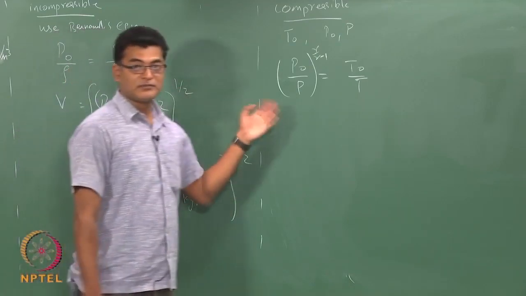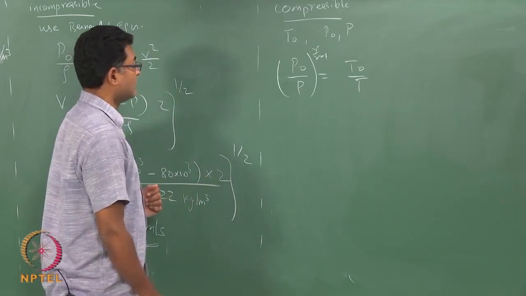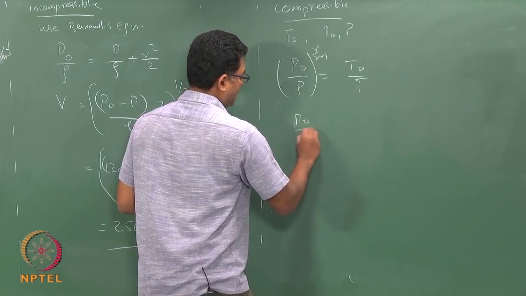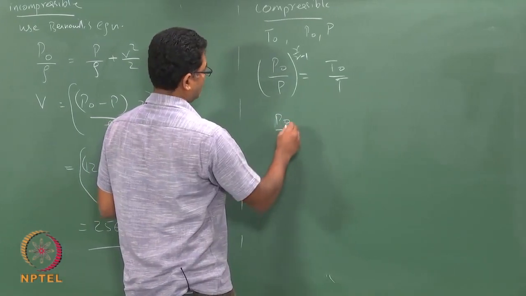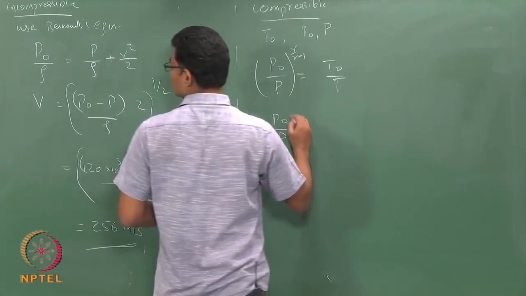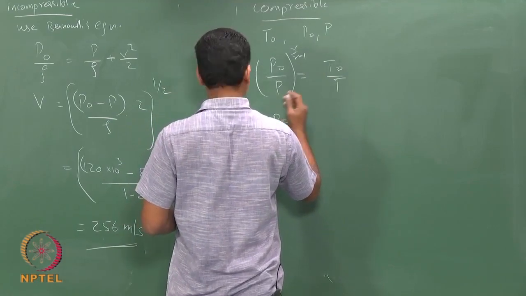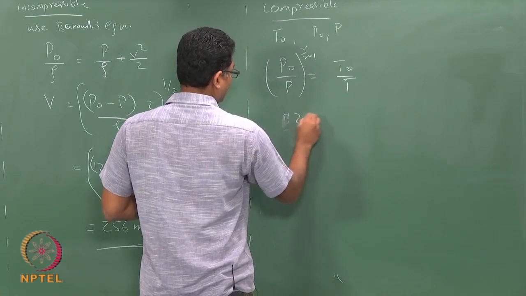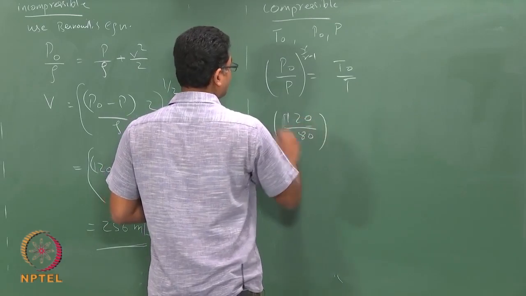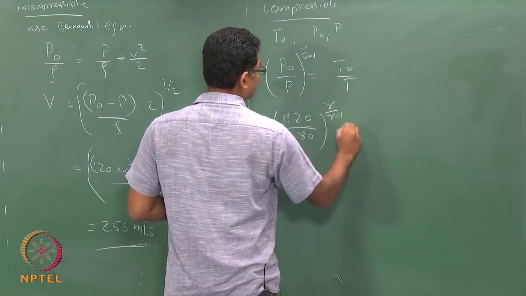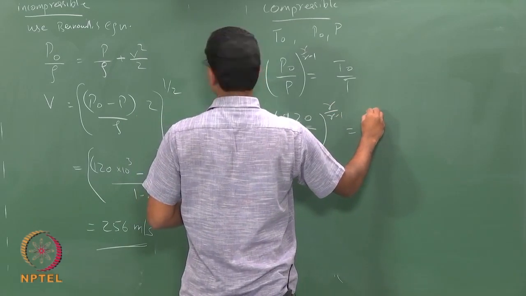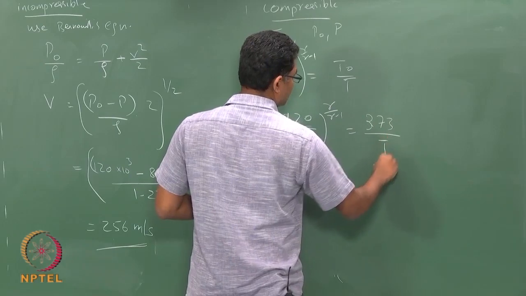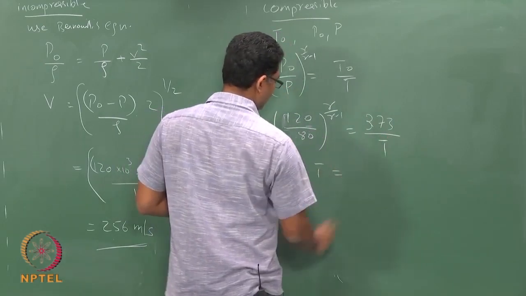So, this is our compressible flow relation. So, P0 by P is 120 by 80 to the power gamma by gamma minus 1 equals T0 by T, T0 is 373 divided by T. So, T would be